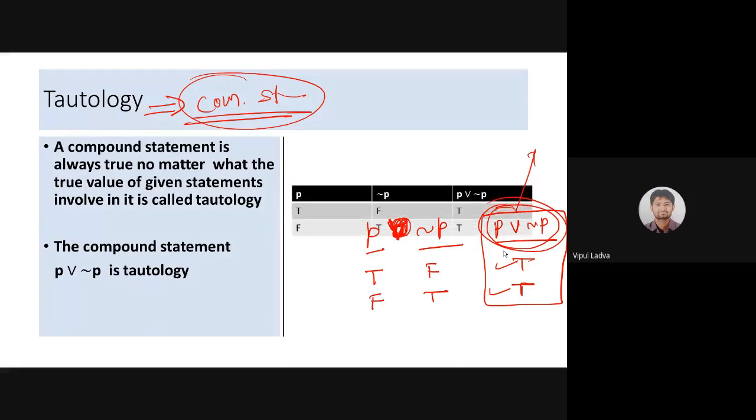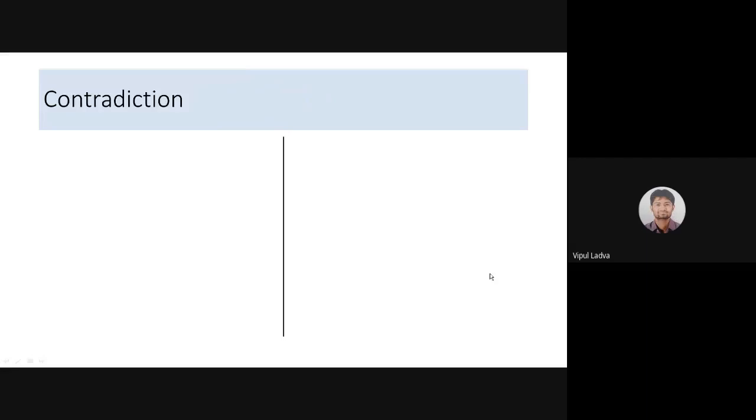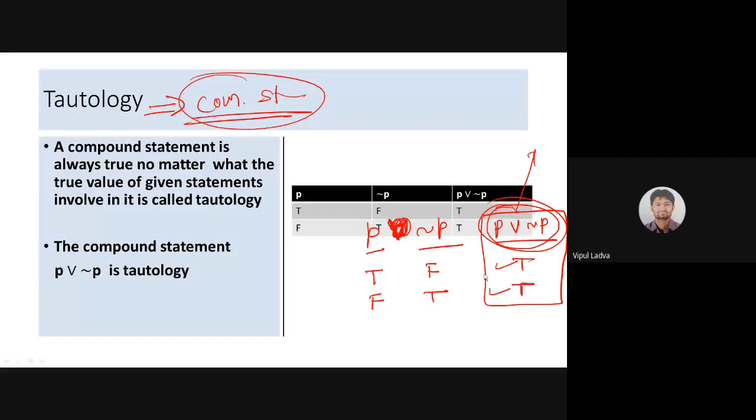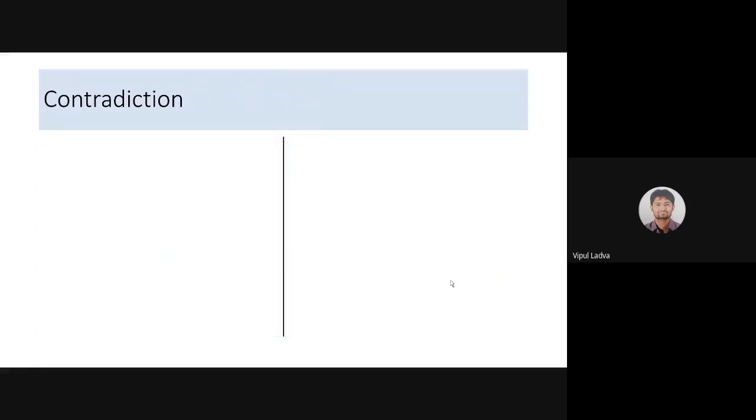Let me give you some others. But before that, let's have a totally opposite situation than this. If all the truth values are true for a compound statement, then that compound statement is a tautology. The exactly opposite definition: if all the possible truth values of a compound statement are false in every case, then that compound statement will be known as a contradiction. उसको क्या बोलेंगे हम? Then that statement will be known as a contradiction.